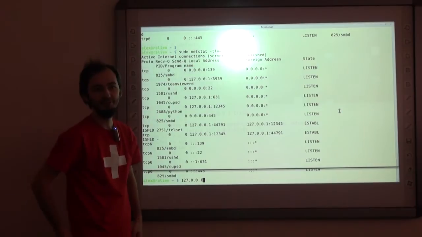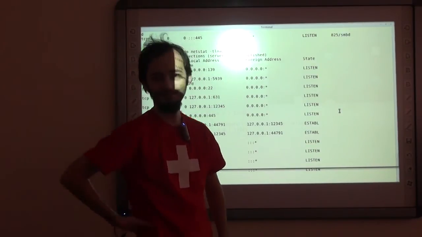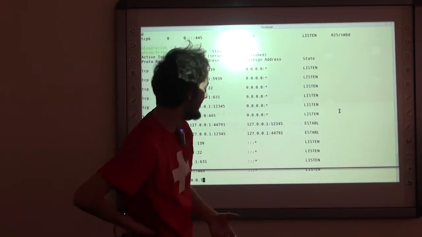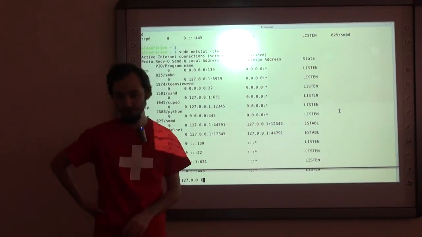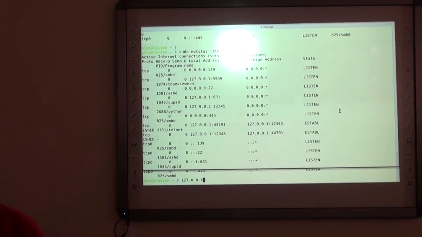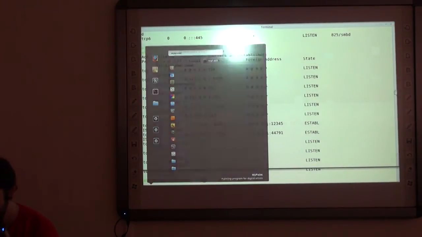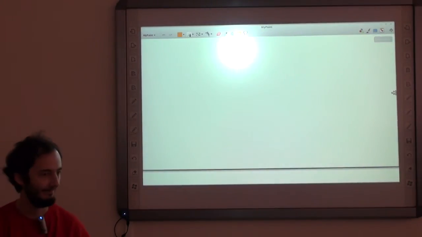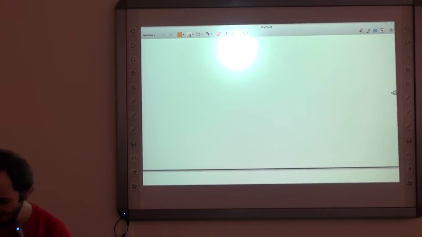Why is this happening? Because the same machine is the server. Exactly, because in this case, both the server and the client are on the same computer. So they act as if they are on different machines.